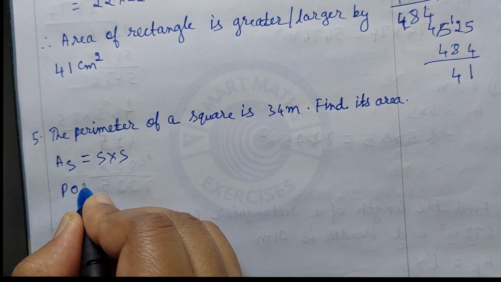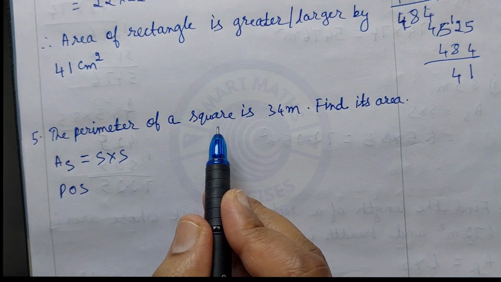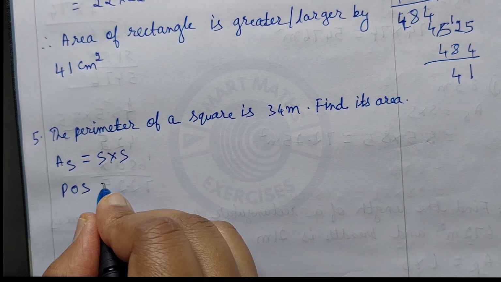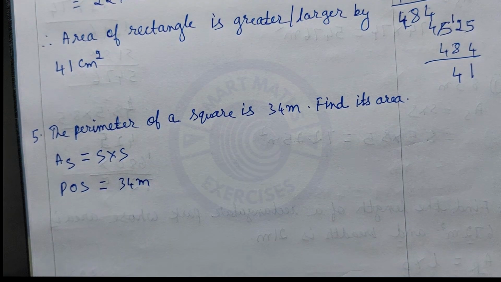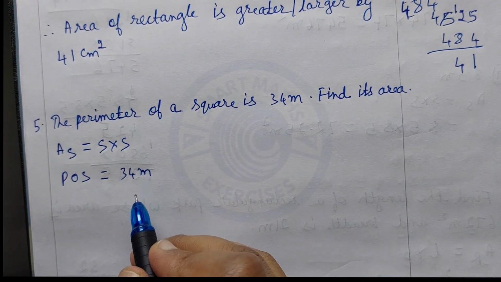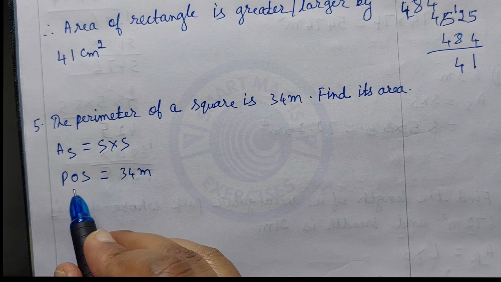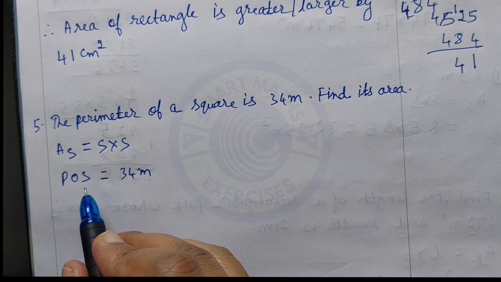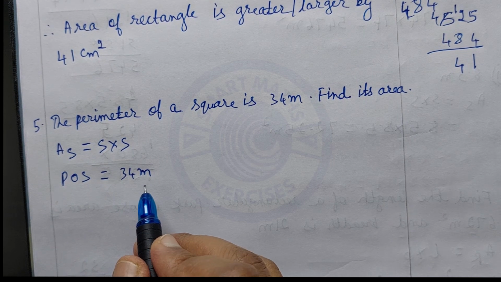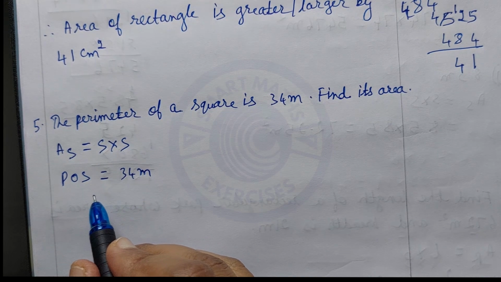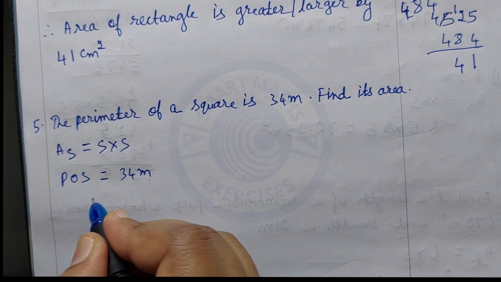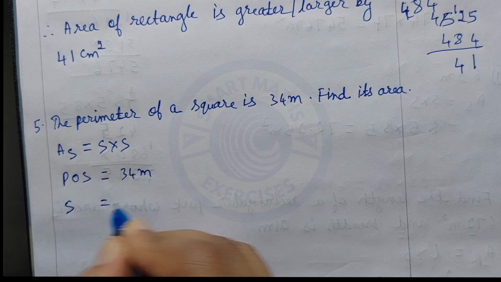Perimeter of square, let's denote it as POS, equals 34 m. To find out side, we have to divide the given perimeter of square by 4 because a square has 4 sides and perimeter of square is the total of 4 sides. So, side equals